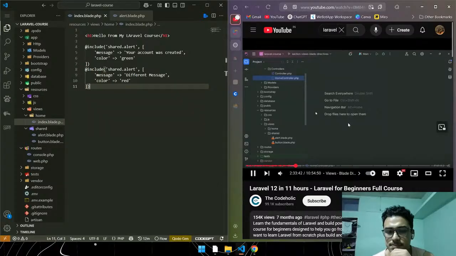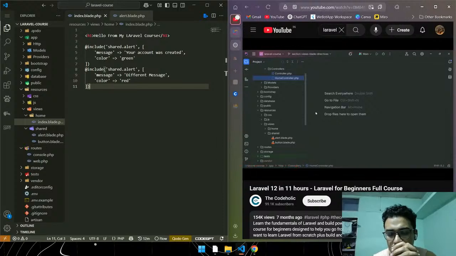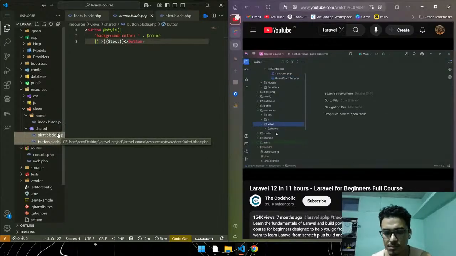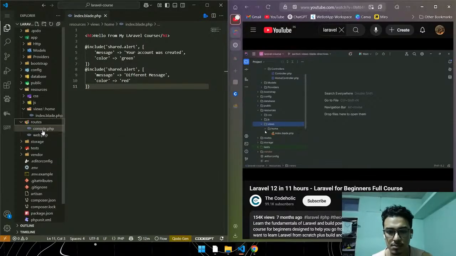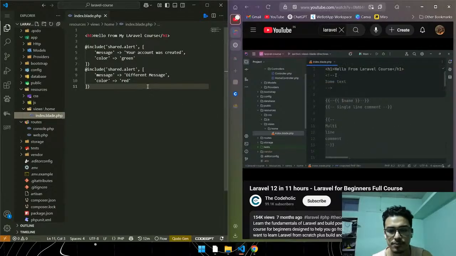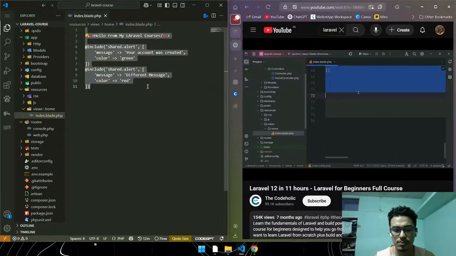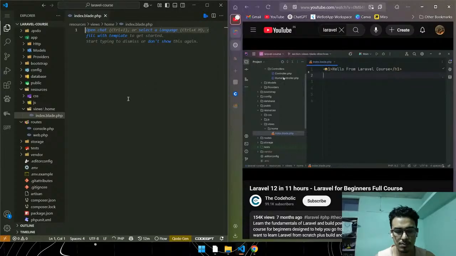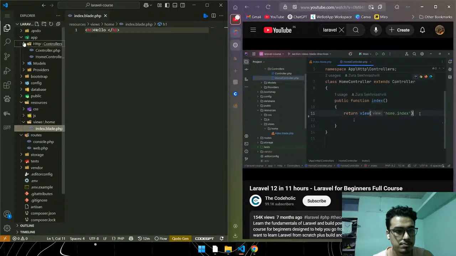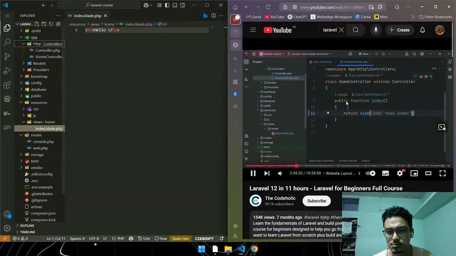We're going to move forward and start building the layout of our website. But before we do this, I want to delete all the content we created only for learning purposes. I'm going to delete this alert blade PHP and button blade PHP, so I'm going to delete the shared folder completely. And if we open this home index blade as well, we have a lot of content right here. So I'm going to completely delete almost everything from here, and from the home controller as well. We can remove all these variables given to home index. And just like this, we have now